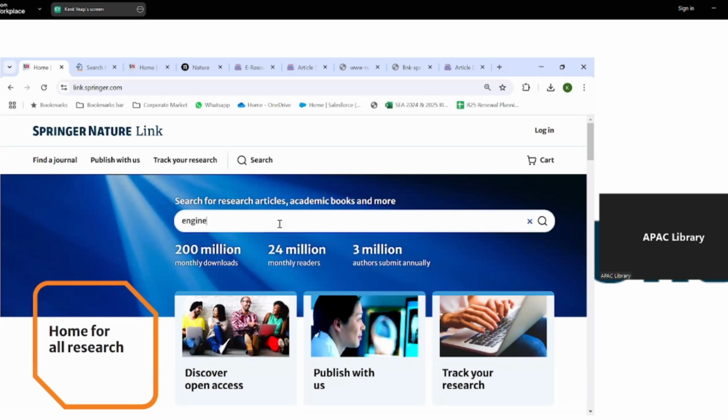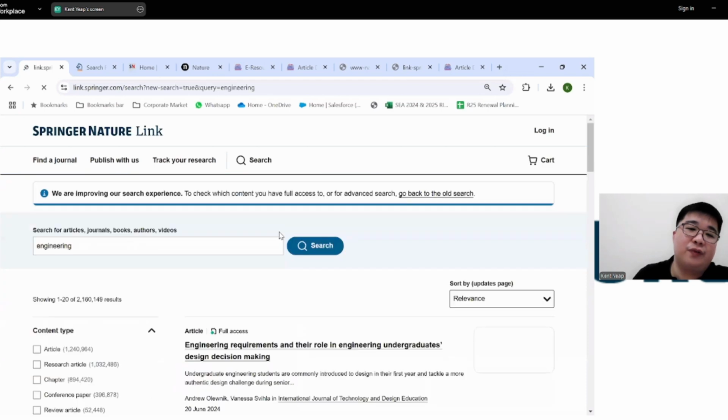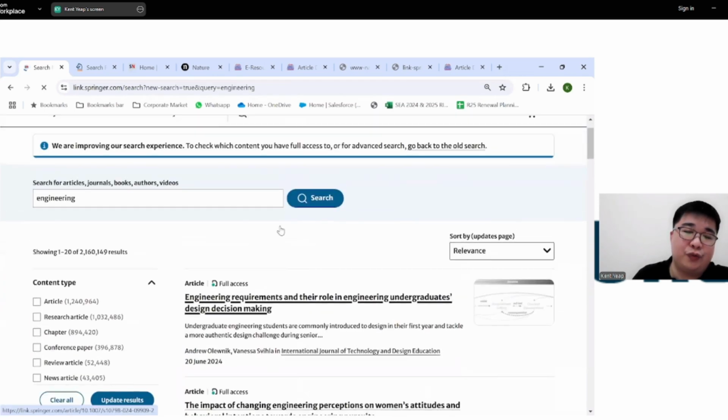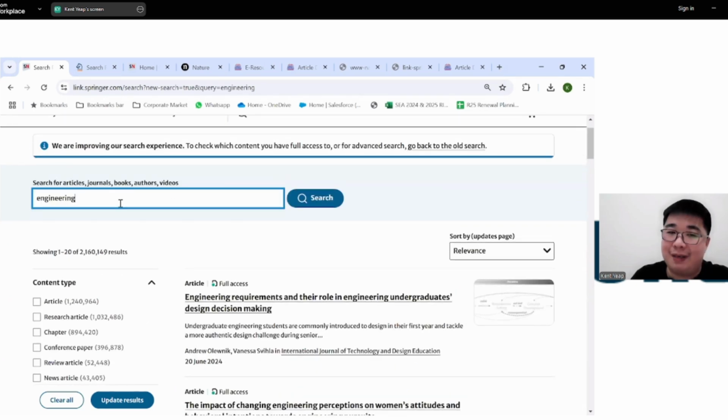Okay. So the question was how to search for a journal title using the search box, right? That's simple enough to do. In the search bar, put in certain keywords that you want. So let's say engineering, and let's say civil.